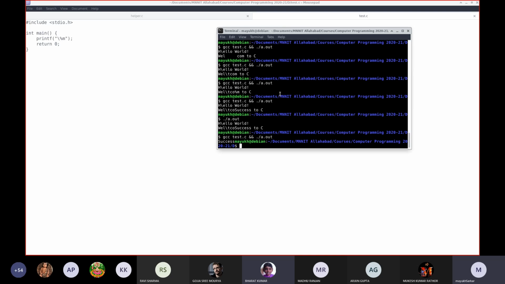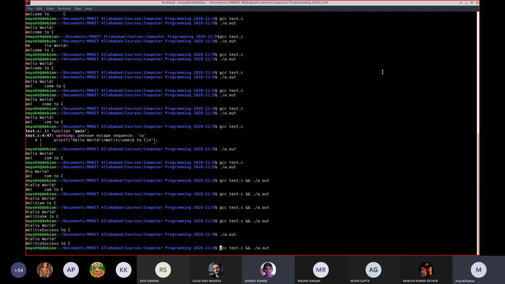Sir, which code editor do you suggest I use in Windows? In Windows, if you want to program, you should always use Visual Studio Code. Turbo C was a very old editor which is not used today. I think on Turbo C, slash r would give the new line. But if you want to write professional programs on Windows, always use Visual Studio Code. That's what I suggest. Okay, sir.